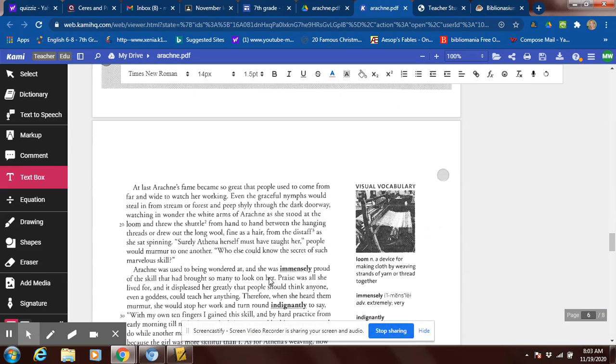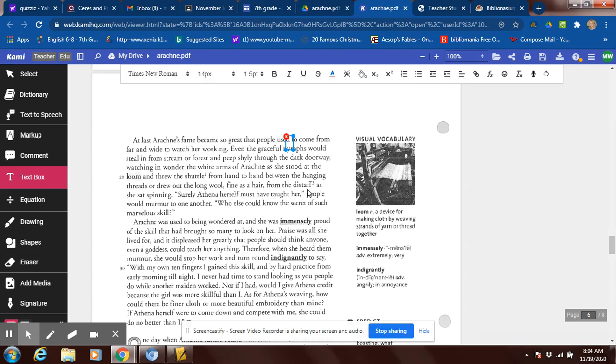At last Arachne's fame became so great that people used to come from far and wide to watch her working. Even the graceful nymphs. Now, I remember this word from our previous stories. These are like little people. They would steal from stream or forest and peep shyly through the dark doorway, watching in wonder the white arms of Arachne as she stood at the loom and threw the shuttle from hand to hand between the hanging threads, or drew out the long wool, fine as hair, from the